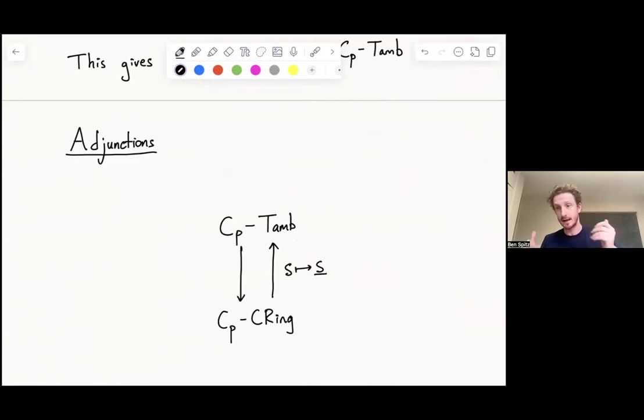And to do that, I could look at either of the levels of my CP Tambara functor. But the top level always has trivial action, so that's kind of boring. The interesting thing to do is to look at the bottom level of a CP Tambara functor. I take my CP Tambara functor A, and I send it to its bottom level, CP mod E. And that's always a commutative ring with CP action. So that gives me a functor. And this is an adjoint pair. There's an adjunction here.